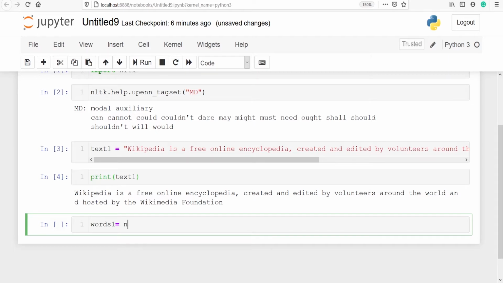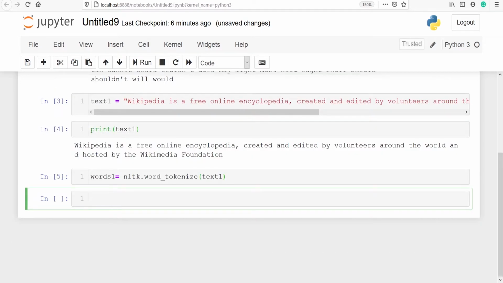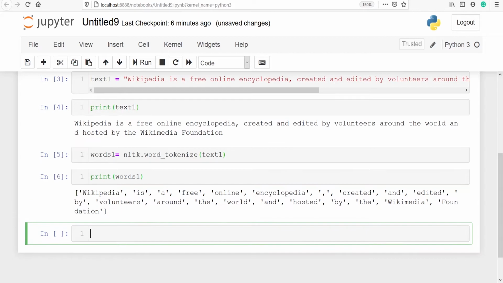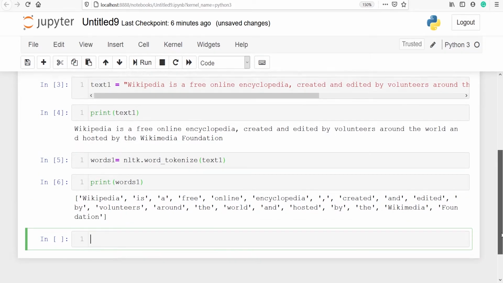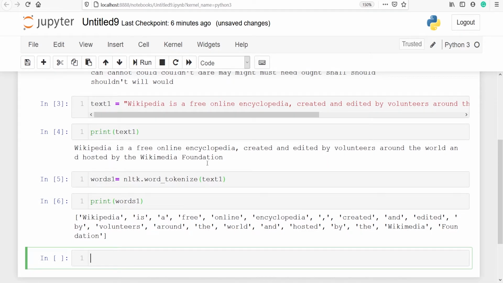From NLTK, I'll call the method word_tokenize, and then I will pass our variable text1. Let's execute our code. Let's print our variable words1. In the output, you can see that we have tokenized our sentence in variable text1, and these are the words. Wikipedia, is, a, free, online, and so on.